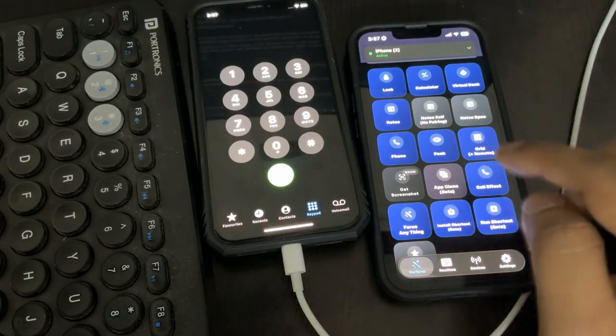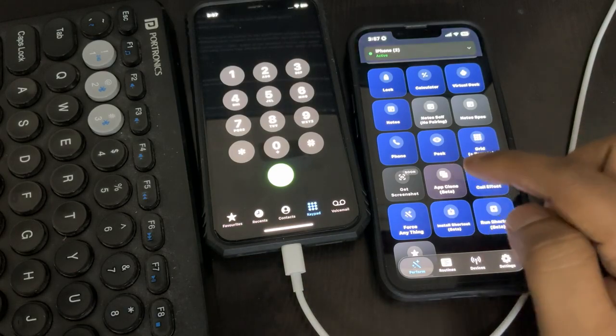So this is one thing. There's something called app clone, which I really like. So app clone